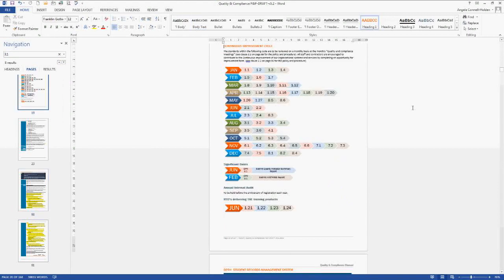Now, what that means is before your monthly meeting, you should be reviewing those standards. So the way you can do it, you can either get everyone who's going to attend the meeting to read that policy and procedure before you go to the meeting, or you do a quick review at the meeting. Now, the problem is if you do it at the meeting, it's going to take a bit longer than if they were to read it beforehand, depending on the standards, because some of them are quite big.